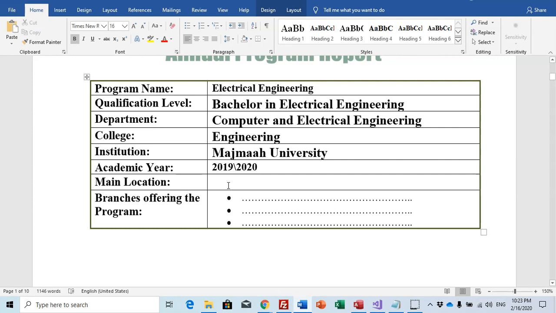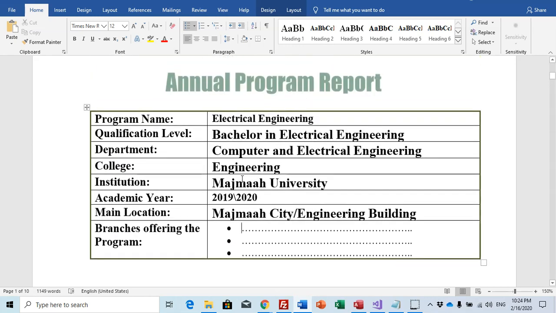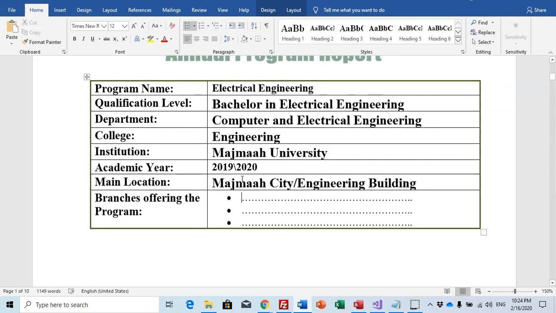Main location, Majma City, engineering building. If you have any branches offering the program for male, female, or another city, you have to mention here. For our program, we have only one branch in Majma University, only for male students.